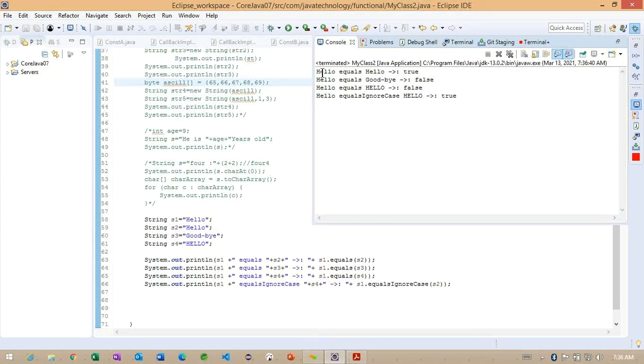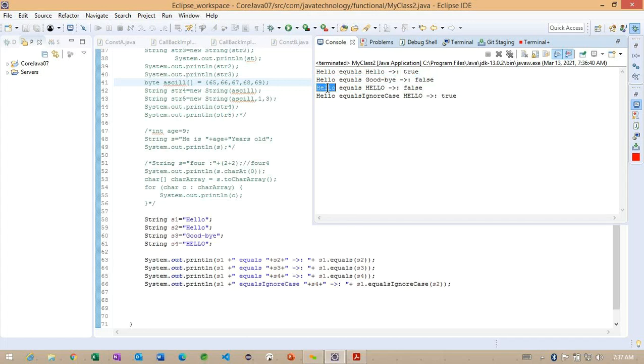Now observe here. This is the s1 object and this is the s2 object. Both are equal, so we are getting true. So whenever this particular equals method returns true, what we can identify? Whatever the two objects we are passing here, both objects are equal. Getting the point. That's the reason we are getting true. And we check the s1 object and s3 object here. We can see these two objects are not equal, because s1 is a hello object and s3 is goodbye. So these two objects are different. That's the reason we are getting false.